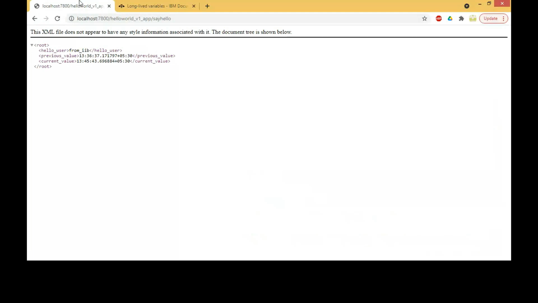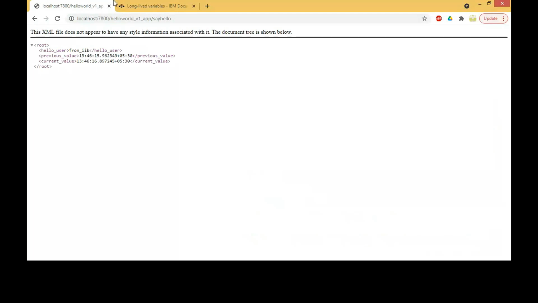So here are some examples. I stored the previous value as 1335, and when I execute this flow, I get the response for current value as 1336. When I refresh this page multiple times, the current value moves to the previous value. Look at the hours, minutes, seconds, and milliseconds.